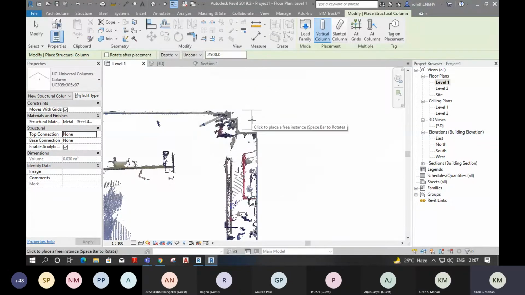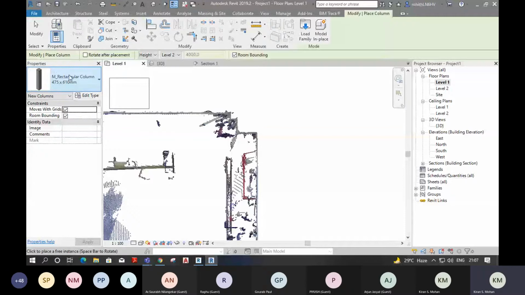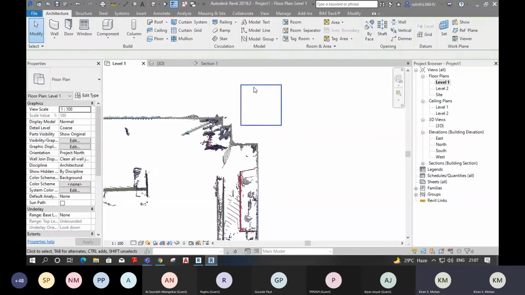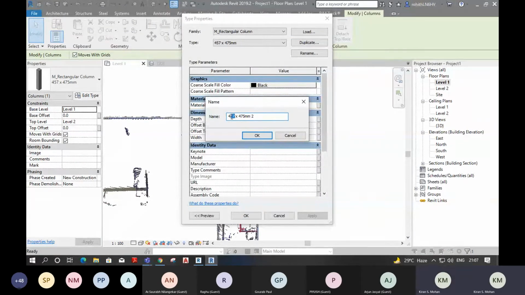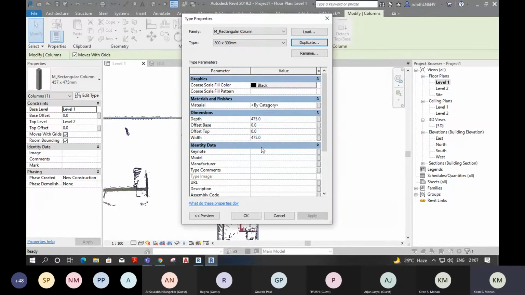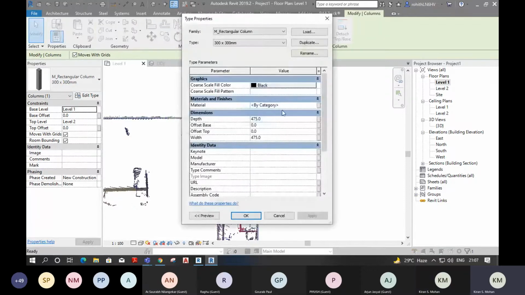Just place this column and we can edit it. Duplicate. Size is 300 by 300, right? So just select 300 by 300. Select OK. We can place it somewhere here.